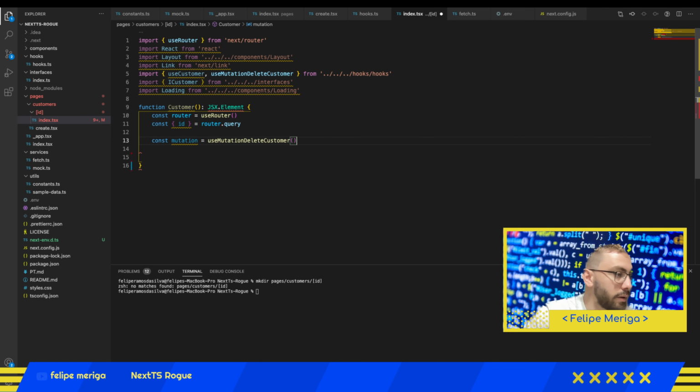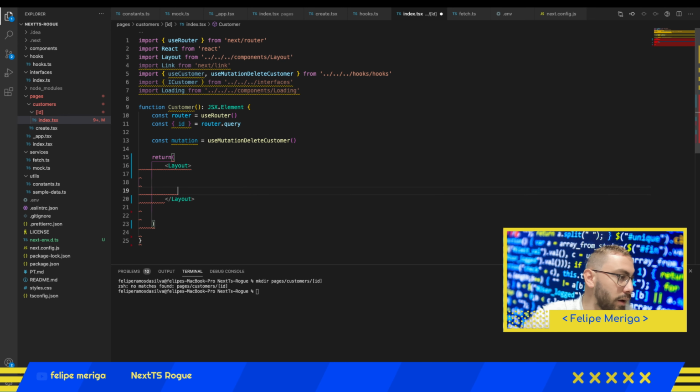Okay, everything's okay here. And then here I will create an onClick, because we will create in that component a button called delete, and if we press this button, the user will be deleted. But before doing that, let's first do the UI part of the component, and then we come back to all those other things. So there will be a return here, and then I will put first the layout,